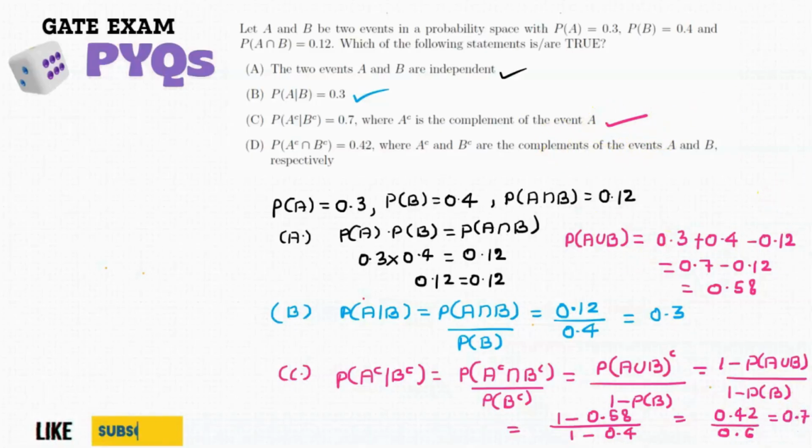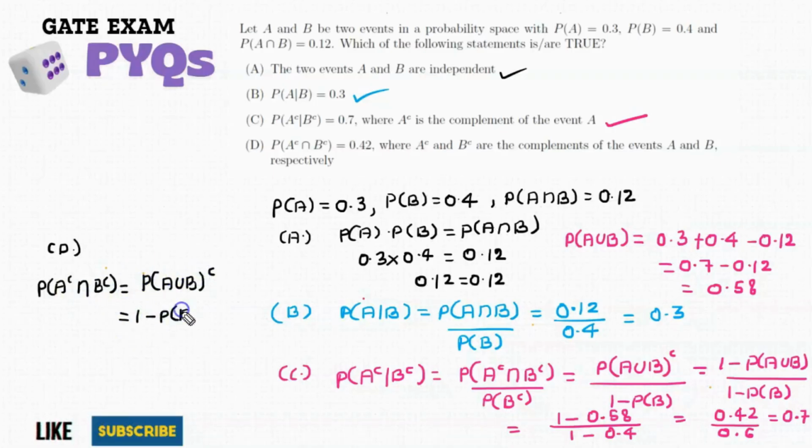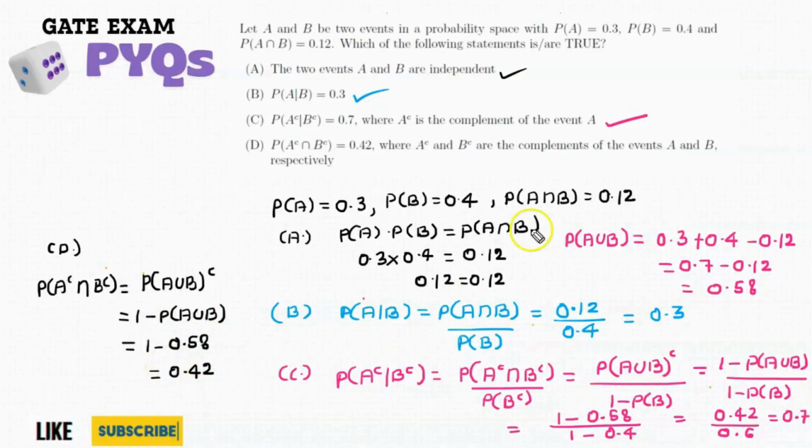And in the next, we have been asked to check the probability of A complement intersection B complement. Using De Morgan's law, we can write this as A union B complement, which is nothing but 1 minus the probability of A union B. 1 minus A union B, we already got as 0.58. So this comes out to be 0.42, true. Again, the fourth option is also true. So all the options are correct. Hope you got the